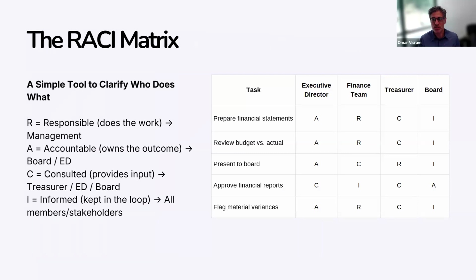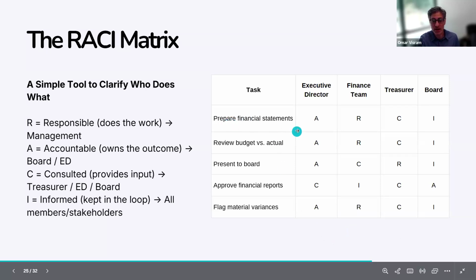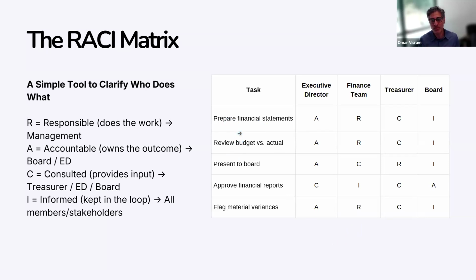I think this is a good exercise to do in an offsite capacity or once a year at the board level with the executive director. So build a RACI matrix. For those of you that don't know, lots of good resources for this online. R stands for responsible, who does the work. A stands for accountable, who owns the outcome. C is who is consulted, as in who provides input, and I is who is informed, as in who is kept in the loop. There's a visual here on the slide that can help you understand, in the context of preparing financial statements, who the RACI is, same for reviewing the budget versus actuals, presenting to the board, approving financial reports,